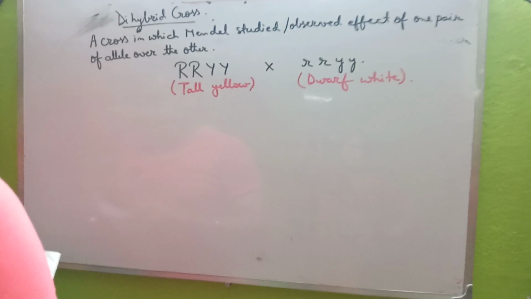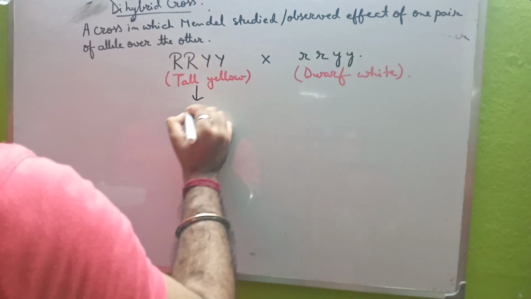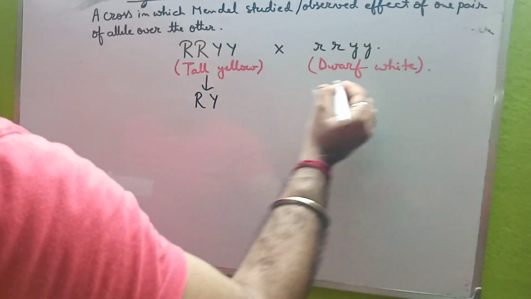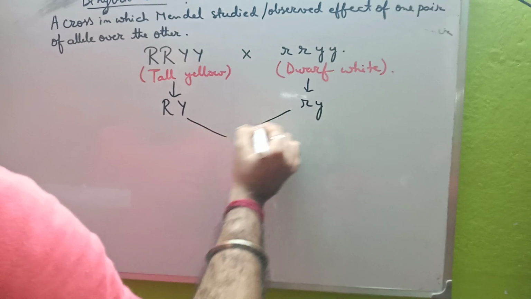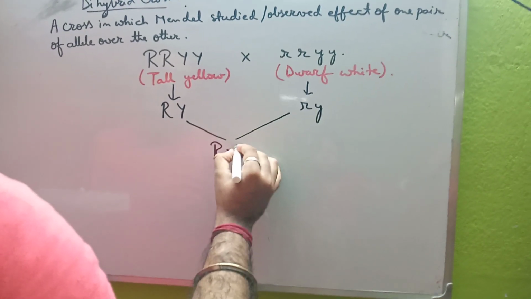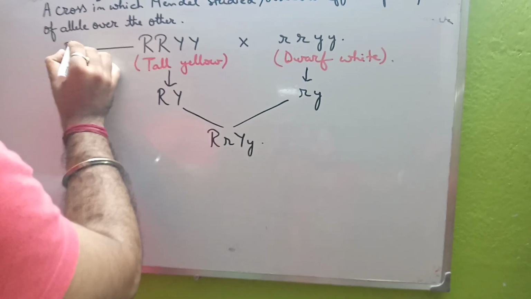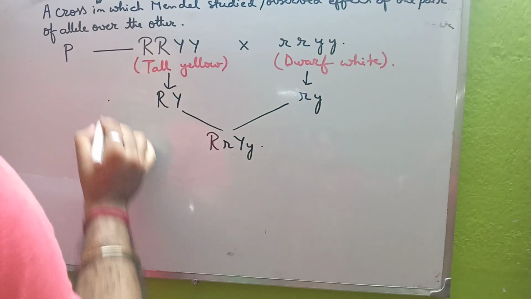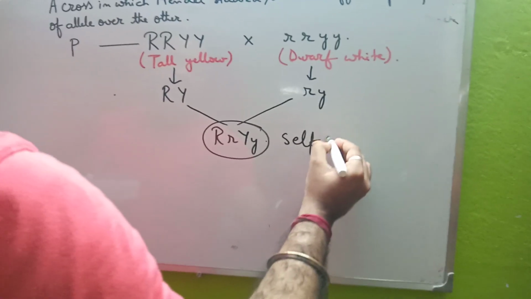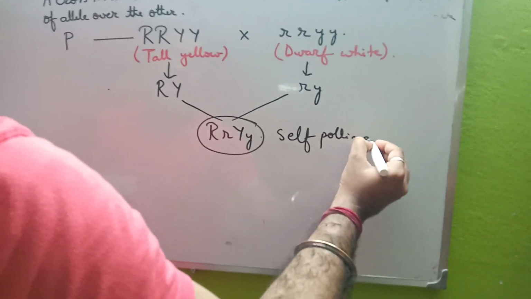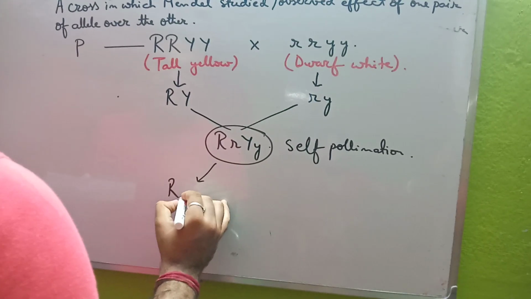Okay. Now from here, what you will be doing, we will be getting one small r and one small y. This one is one small r, small y. This one, when combined together, will be a gamete. This is the parental generation. This is the gamete. Self-pollination will occur, and after that we will be getting